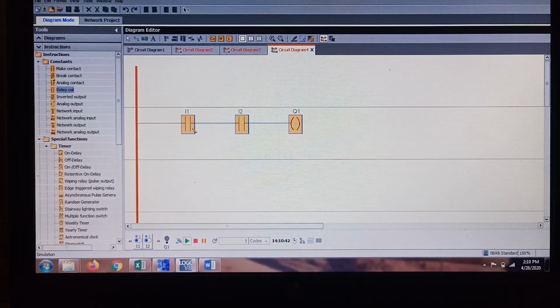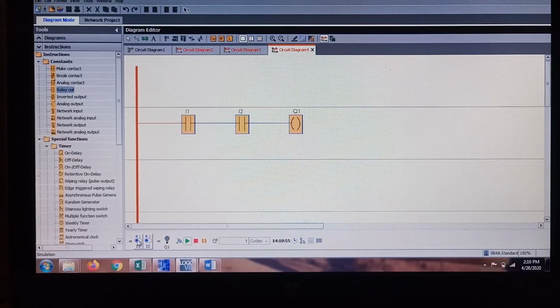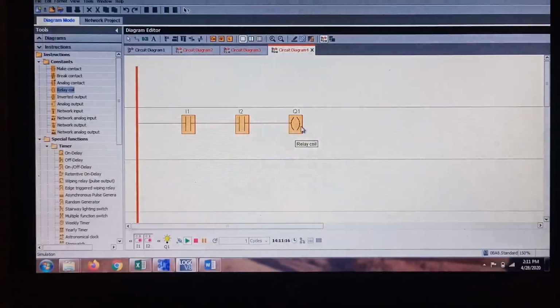So this is an AND gate. When you are giving 0,0 condition, output is 0. 0,1, I2 I am making high, again output is 0. Again 1,0, I1 1 and I2 0, output is again 0. And 1,1 condition, you can see your bulb is glowing and here output is in red color. That means it is passing the supply. So only for 1,1 condition you are getting output. That is your AND gate, series connection of two normally open switches.